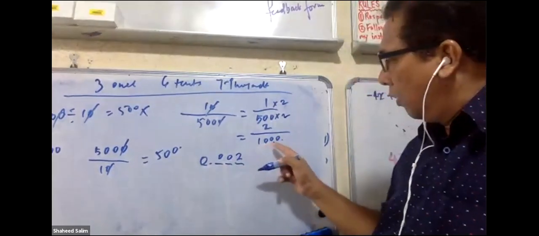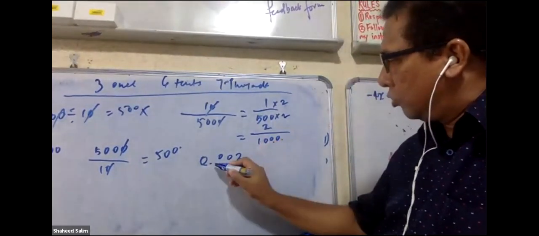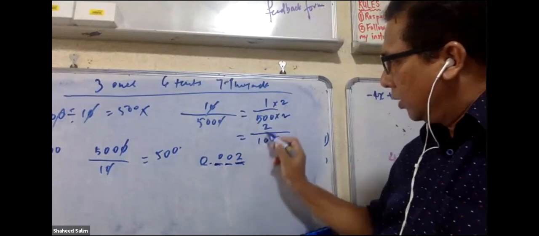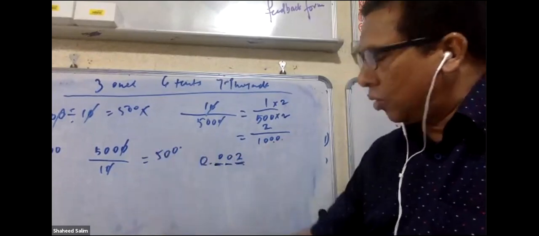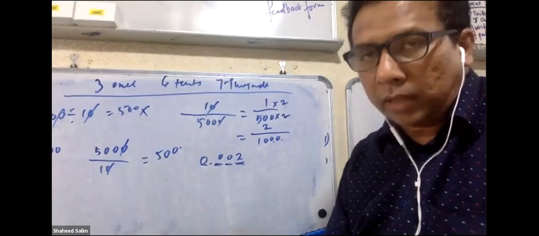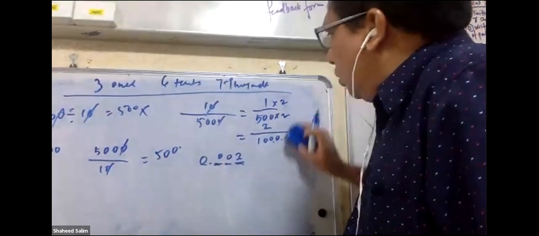Okay, you see, 2 over 1,000 has 3 zeros. There must be 3 blanks after the dot. You put a 2 here, and enter 0 all the way there. Okay, I'm going to give you another question for question number 2. You have got to make sure you get it correct.